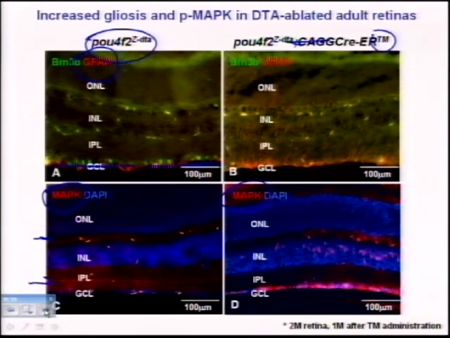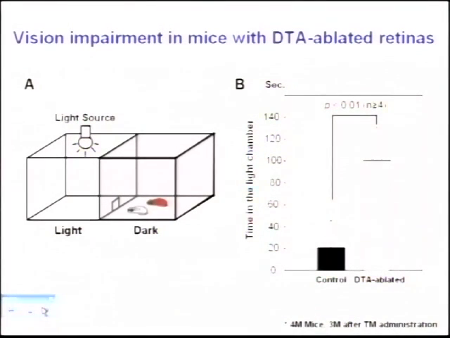Well, when I show these data to people, they always say, can these mice see? So we set up an experiment to ask that. Here's a very simple experiment where we show that the mice are visually impaired. We put the mice into a box, actually two boxes pasted together, with a little door, and one side is dark and the other side is light. This is a pretty simple experiment. Behavioral people say this is not a very good test for sight, but it's good enough for biochemists.